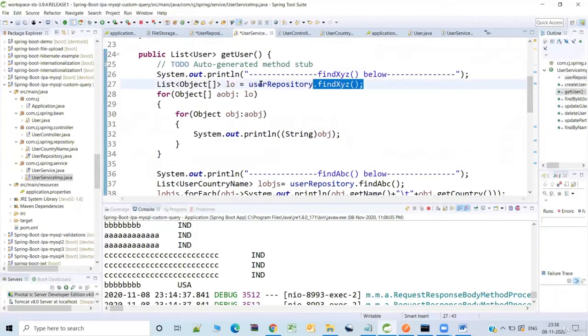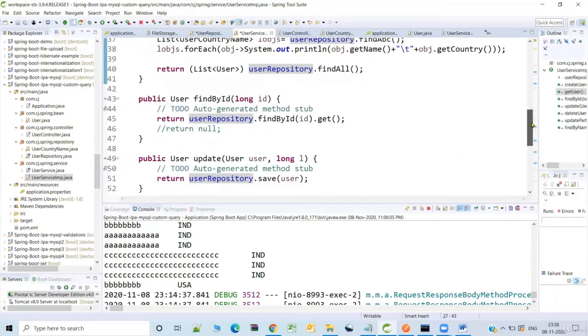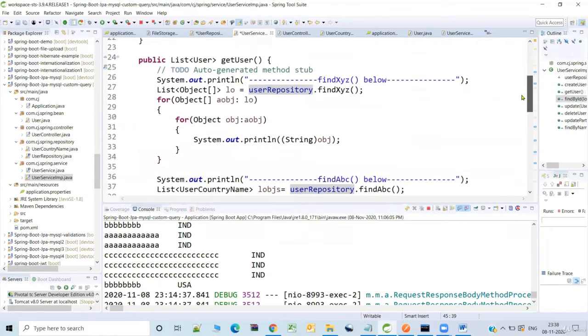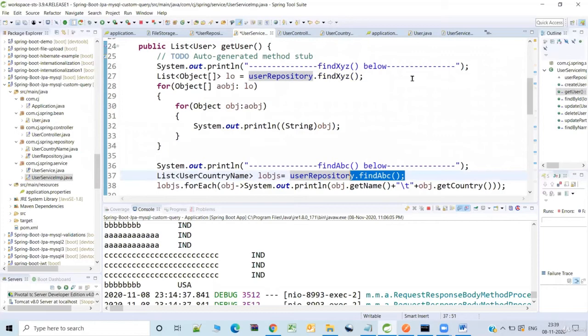So using the user repository, I can invoke any existing methods provided by default by the repository. All these are the default methods which are being provided, right? And these are the custom methods whose details we have specified in the repository, right?